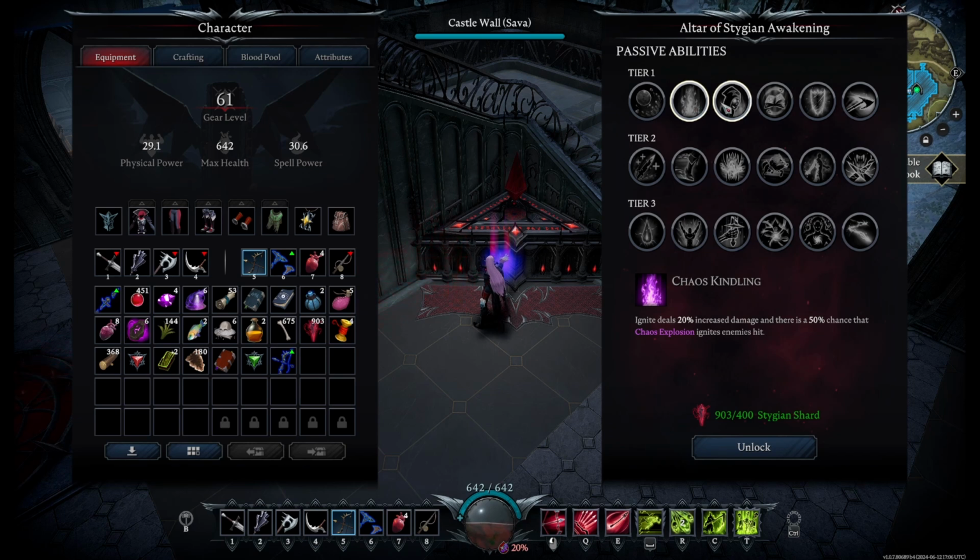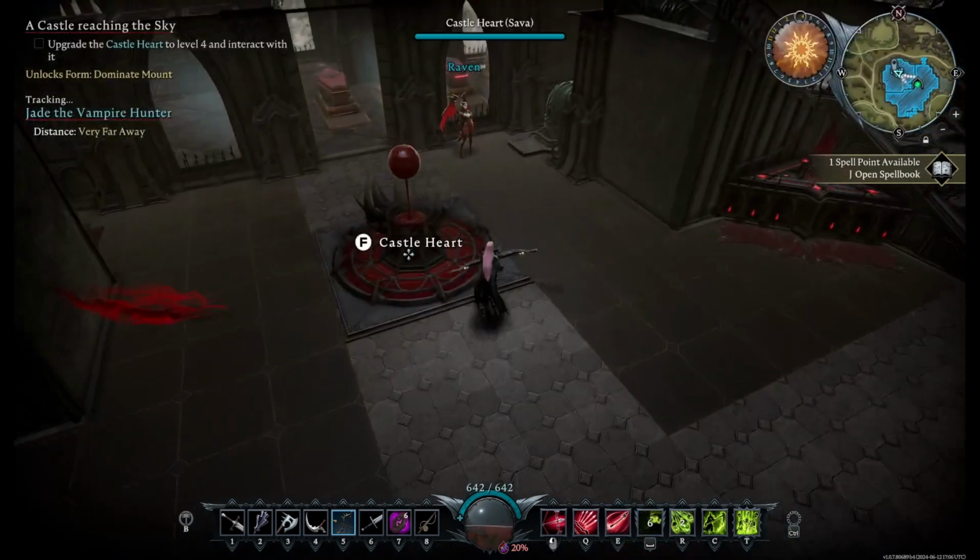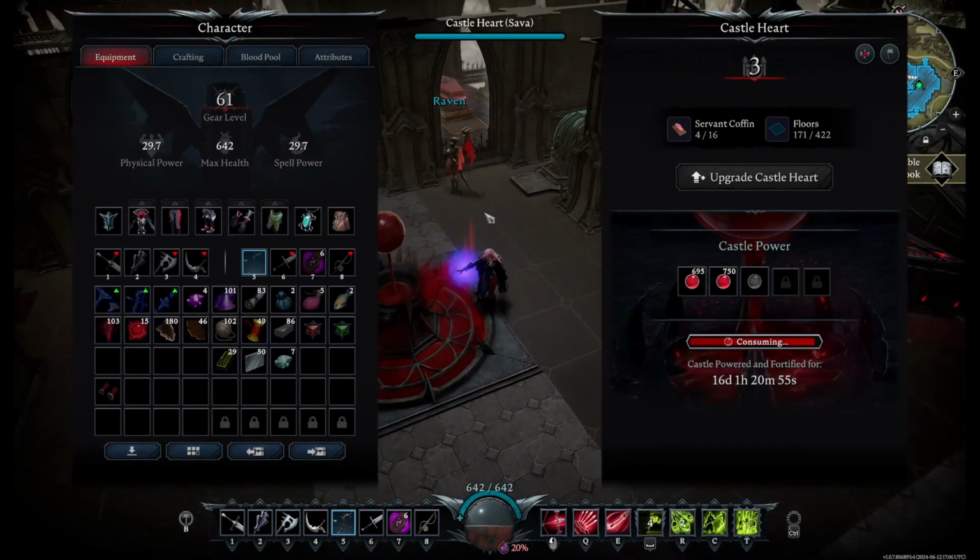And which of these you pick really depends on your playstyle. I picked one that helps my skeletons be a little bit stronger. You might want to pick something else if you're not using skeletons, or if you're using something else more. Next, I geared up my new Night Maiden, and realized I didn't run far enough into Mortium